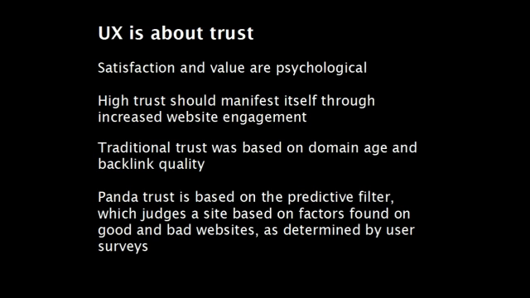User experience is about trust, okay? Satisfaction and value are psychological phenomena, okay? It occurs in our mind, okay? And everybody's mind is different, and everybody's value scale is different at every point in time. This is very complicated if you go that far. So trying to assess trust across a lot of users and come up with general principles actually plays to the SEO's favor because Google can't get too weird with outliers. They have to find the stuff that's most broadly accepted by people in order to build an algorithm like this.